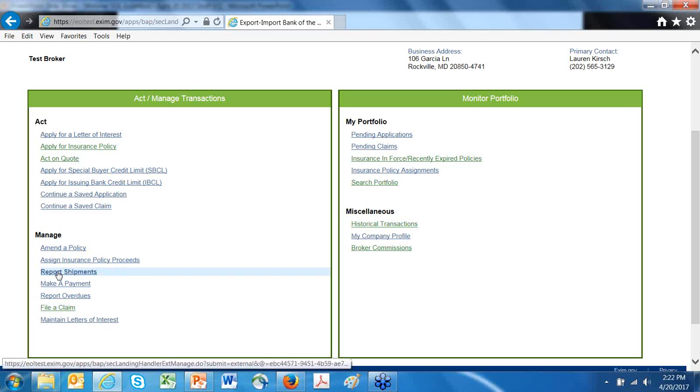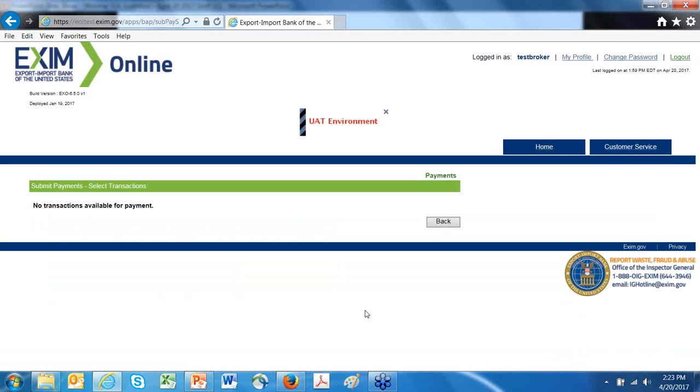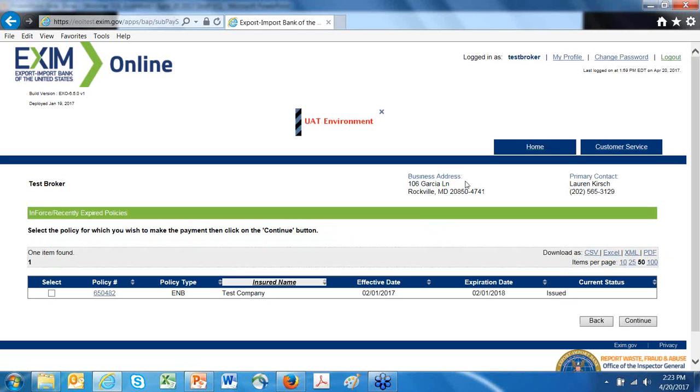So we touched on report shipments. Click on make a payment, but in this particular case, in the test environment, I'm not sure we're going to get the true experience here. No transactions available. Let me go back.